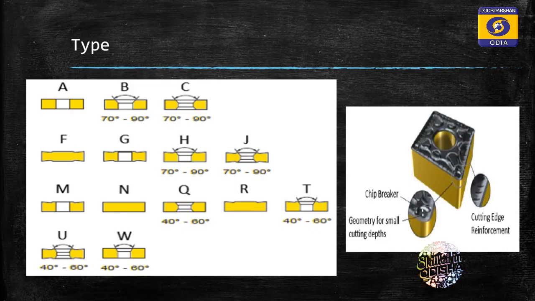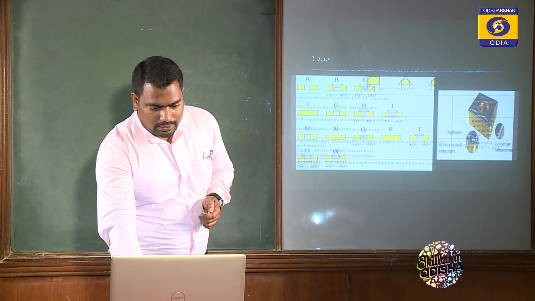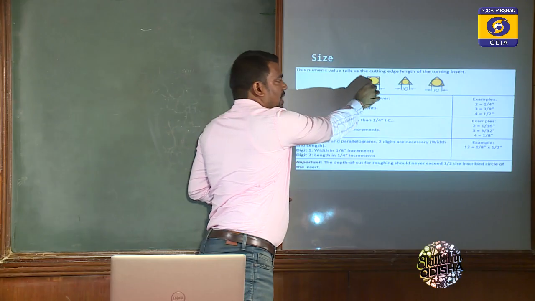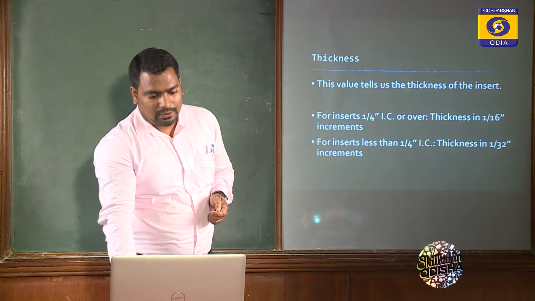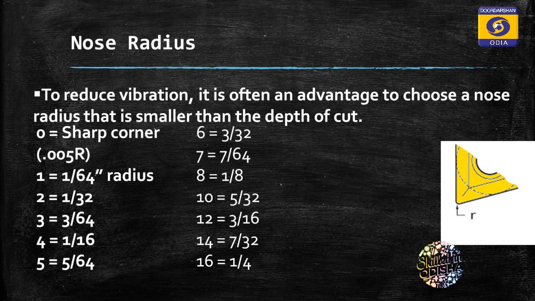These are the types available. Type means the geometry of the tool insert. This is the size of the cutting tool. Size means the inscribed circle size. Then we denote the thickness of the insert. Then the nose radius of the cutting tool is mentioned. Nose radius means